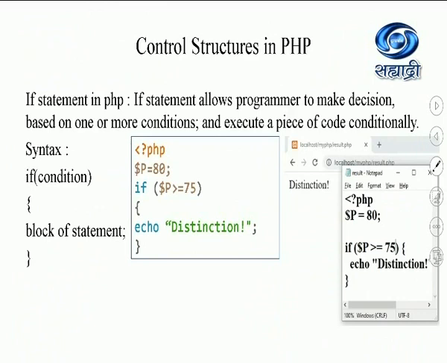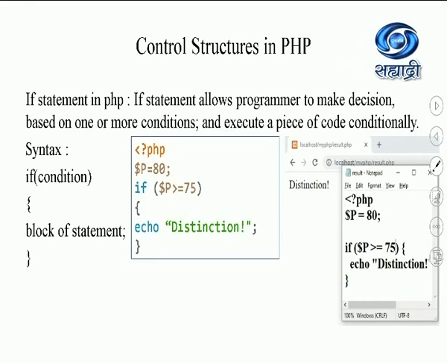Students, let us learn the control structures. In PHP, the control structures provided are the if-else statement, and you can also make use of only if. This is a simple if statement which we have learned in JavaScript as well. The only simple change is that there is a dollar symbol for a variable. Otherwise, the syntax of the if statement is similar to JavaScript. It is easy to write an if statement by using curly brackets. Observe over here, echo is used instead of document.write for printing on your web page or output.